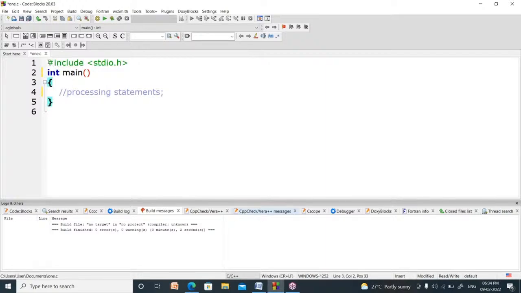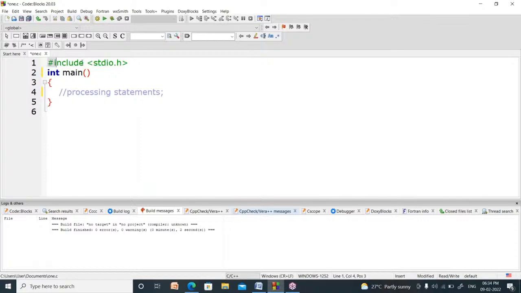Now whenever you write hash include stdio.h, what happens? The code inside the stdio.h header file will be copied into your program. So before using the tools of stdio.h, we have to copy those tools into our program.